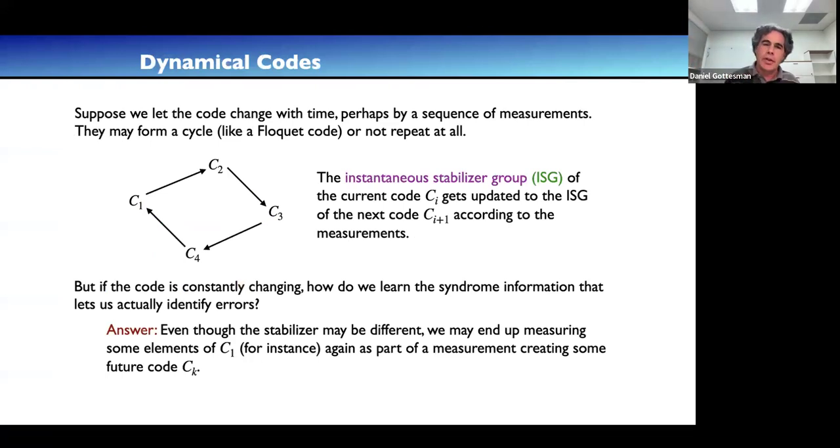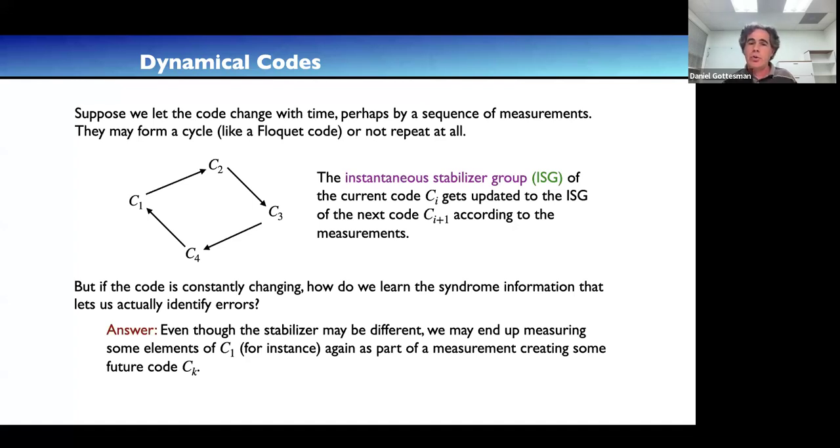Okay, the next thing I'd like to talk about is what are the properties that these dynamical codes can have, and that's important because we have a lot of knowledge about standard static quantum error correcting codes, and we know what things we can do and what things we can't do. But dynamical codes are different, and they might not follow those constraints. And so you might be able to do some stuff with dynamical codes that we could not do in other ways. And so this is the work from the paper with Xiaozhen.